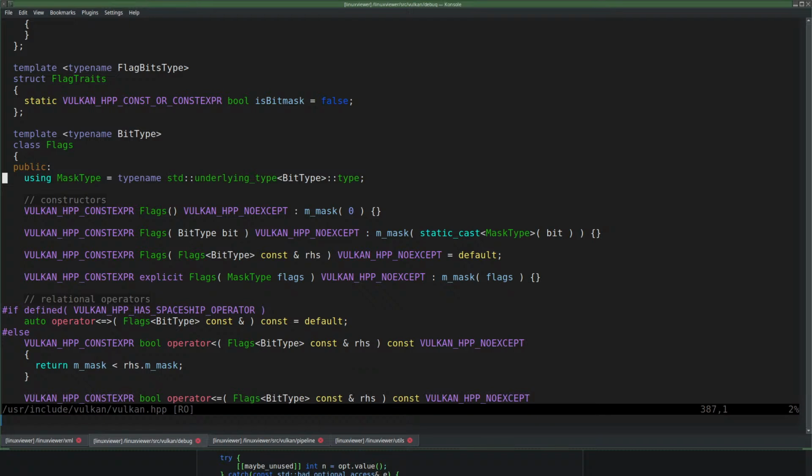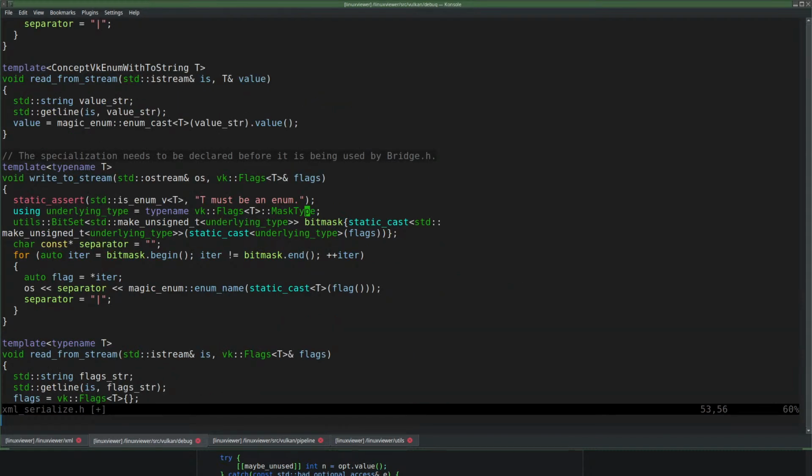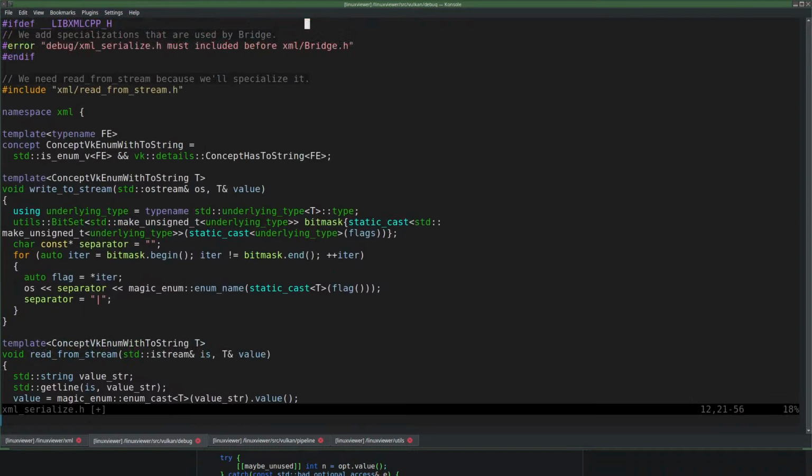Okay. Oh, that's what it is. No, it's not. It is bit type. But that's for flags. And I use value. So now I have this, and then we have bit set. I don't need a bit set here. Definitely not bit set.